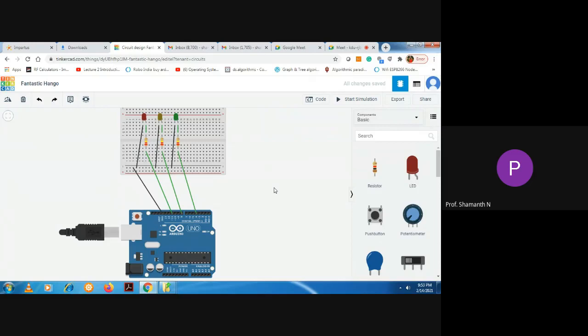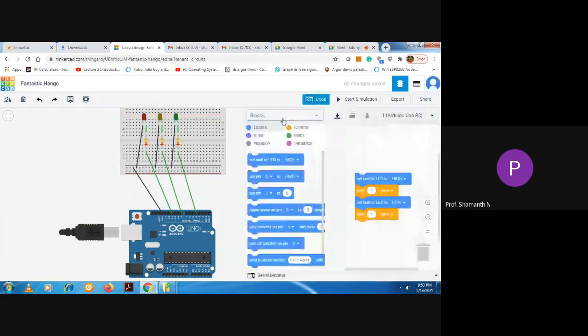Once the circuit is completed, let me write the code. As I told earlier, to write the code, click on this code section. In the leftmost window, the blocks option is there. Click on blocks plus text.